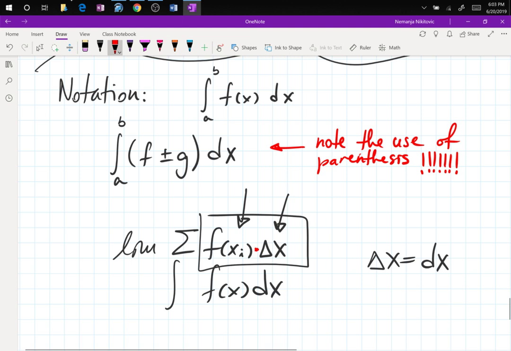This thing, that drop of blood over there, that's a grade killer, is multiplication. Well, if you have a correspondence between these two, there's a multiplication in here as well, which is why you need these parentheses. It is dx distributed to both of these to do integration,